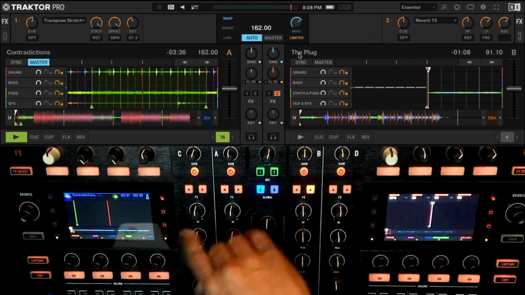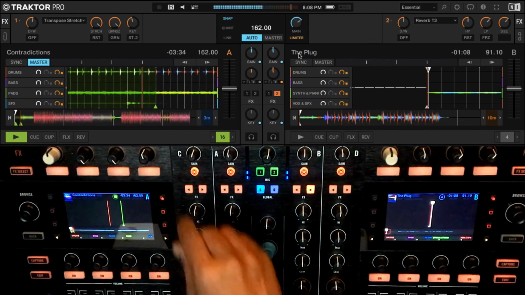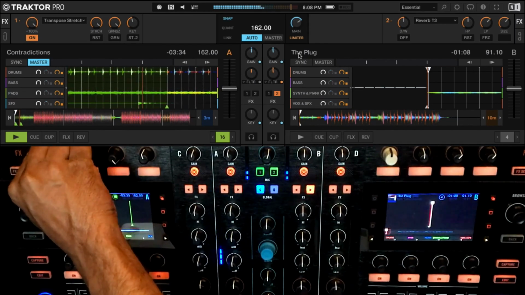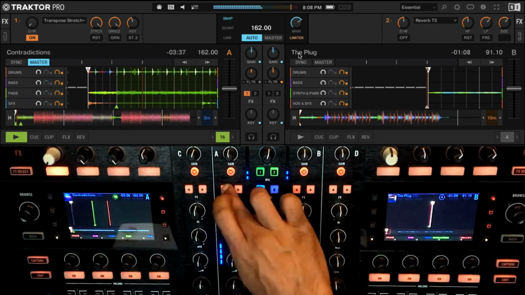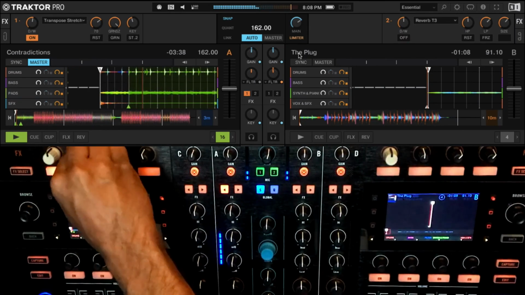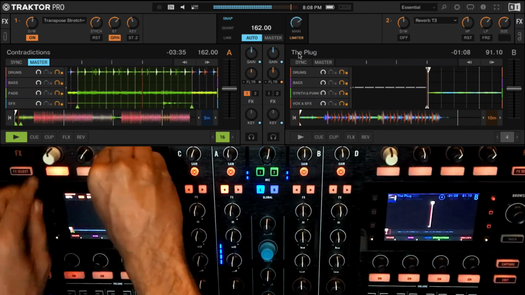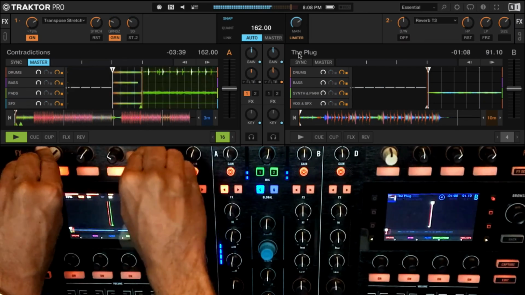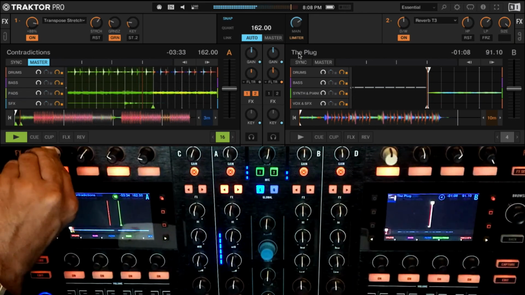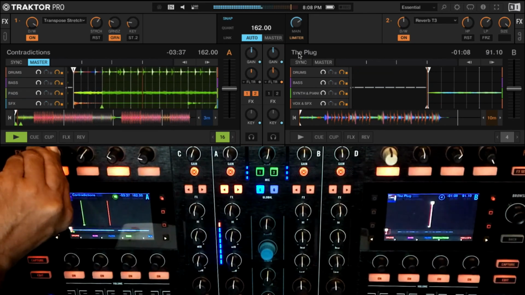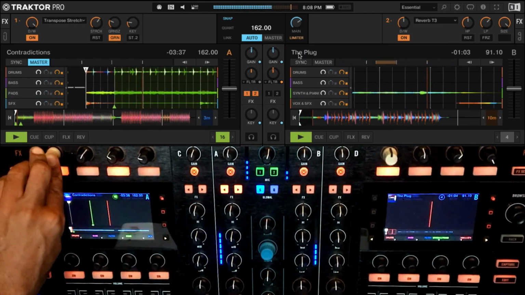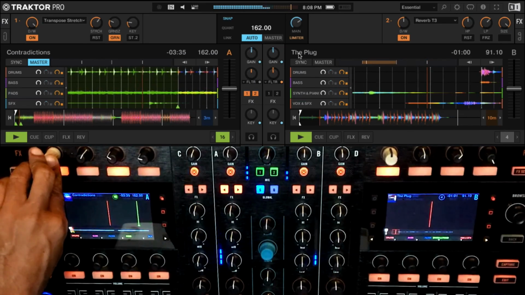That's what I want out of this reverb. But I'm going to use transpose stretch to slow this track down, slowly blend into the other track.